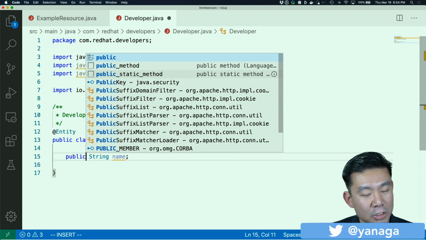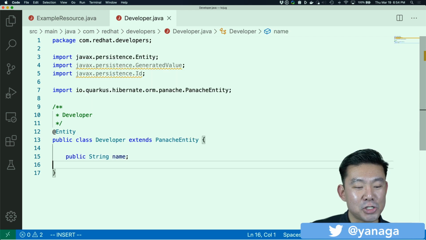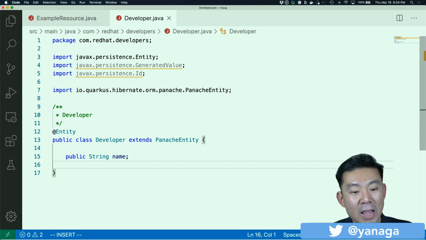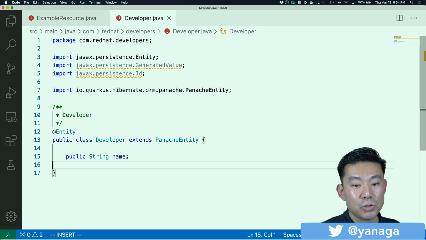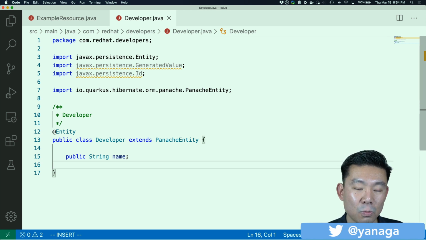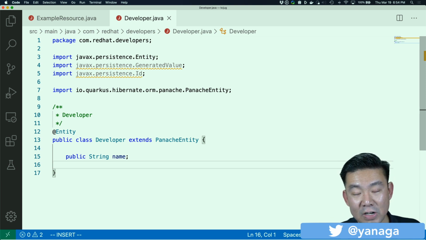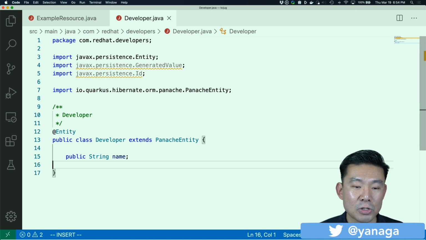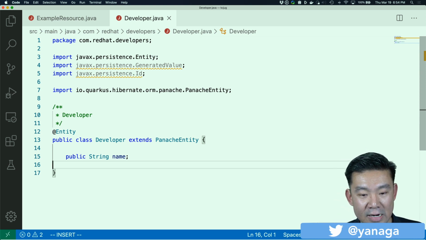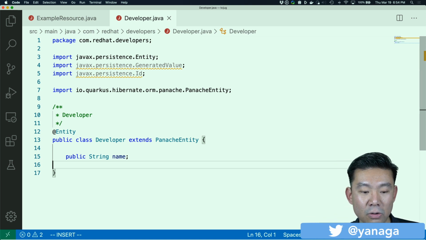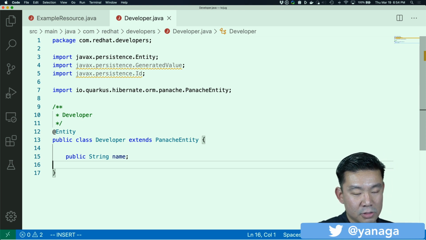I know we have mixed reactions when I show public fields in JPA entities, but remember, with Panache, you will be able to code like a public field, but it will run like a private property. Because we know that most frameworks require getters and setters, thanks to the Java Bean specification, we are generating the getters and setters for you at build time. There's no difference at runtime, but the way that you code, we are going to simplify your code by using public fields. So bear with me.